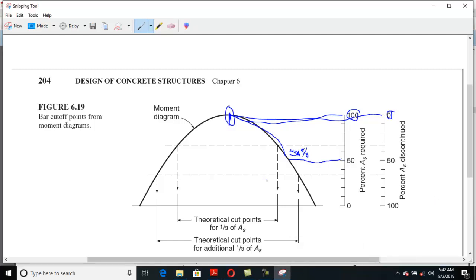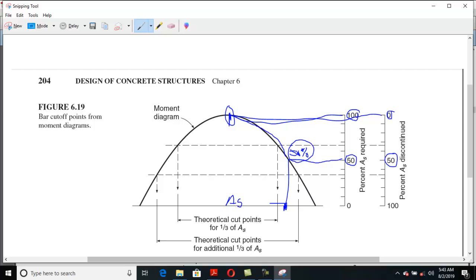The moment it gets reduced to 50%, at this point you need to reduce the area of steel to 50%. Here you see, if this is a scale diagram, you need 50% of the area of steel required and 50% of the steel to be cut off. It means that at this point you need to cut off 50% of the steel which you provided